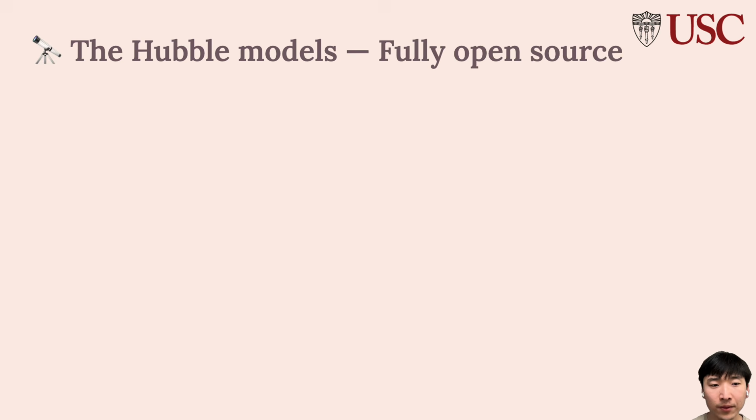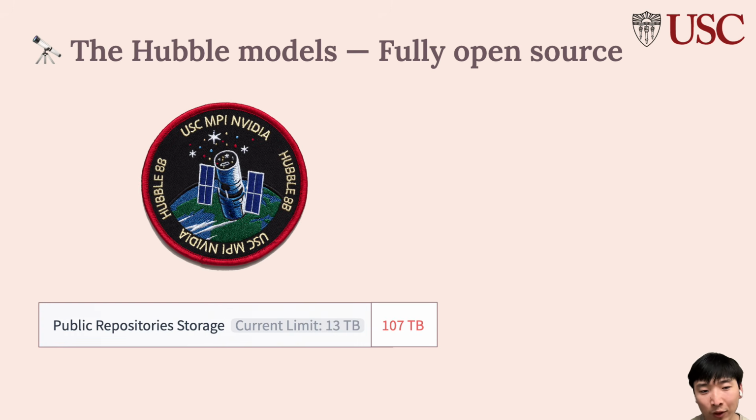spiking. Finally, I want to highlight that Hubble is fully open source, and the model we trained can be used for other studies on LLM memorization as well, hopefully in ways that we didn't even imagine ourselves. Besides the 8B model, we also trained a 1B model, so we have 8 models in total. We also saved all the checkpoints throughout training, and along with some other runs of Hubble, this totals to 107